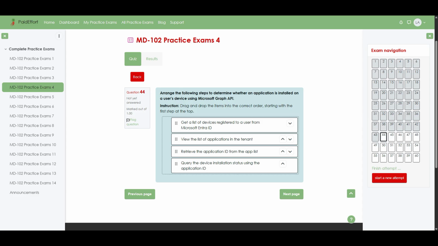I will now explain each step. First, you start with the user's devices because installation status is evaluated per device, so you must know exactly which devices belong to the user. Next, you list tenant applications to find the target app object that exists in your environment, ensuring you are working with the correct app definition rather than a display name. Then, you pull the application ID, since Graph endpoints require that unique identifier to reference the app precisely across calls. Finally, you query installation status using that app ID against each of the user's devices, which returns whether the app